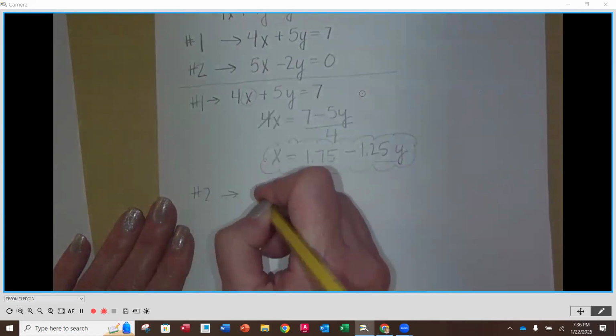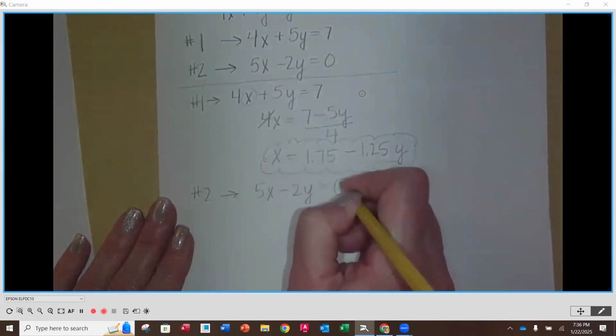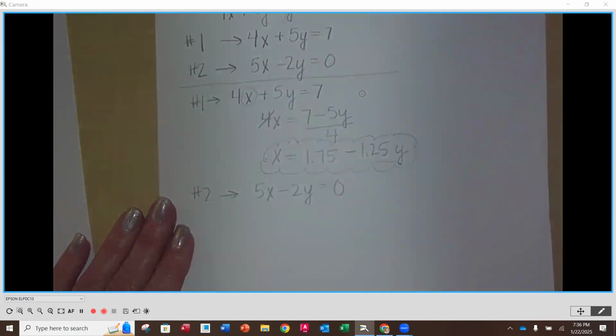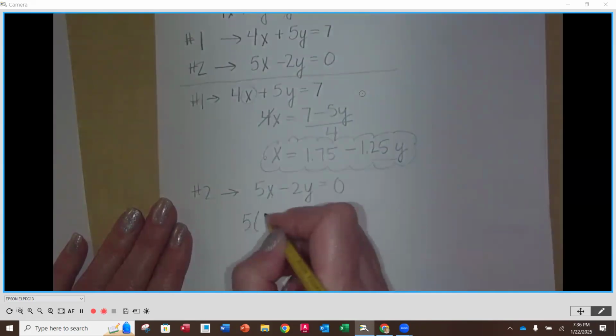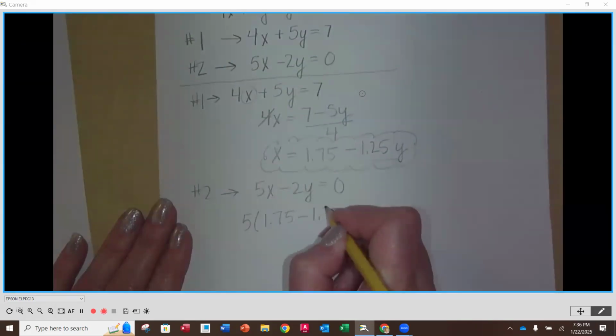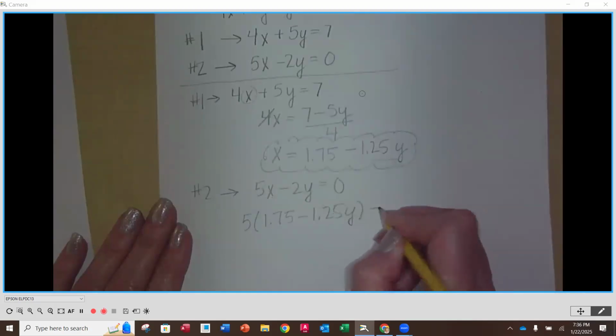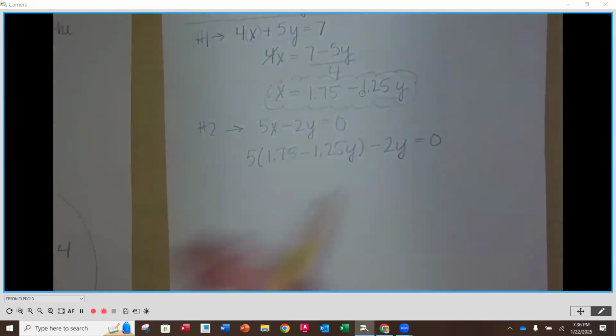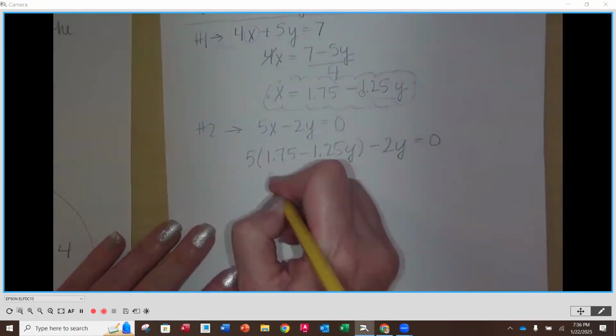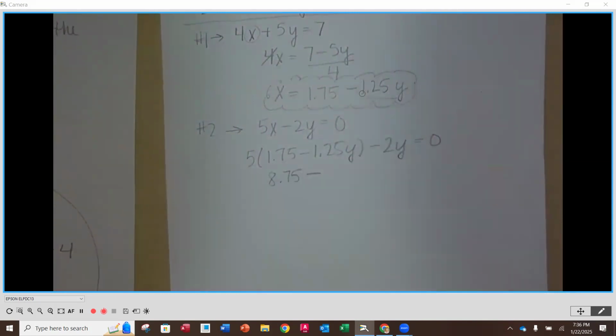I'm just going to rewrite it here. 5x minus 2y is equal to 0. So now here, instead of writing 5x on the next line, I'm going to write 5 times 1.75 minus 1.25y. So 5 times 1.75 minus 1.25y minus 2y is equal to 0. Now I need to distribute, and then we're going to combine what we can. So if I take 5 times 1.75, I get 8.75 minus